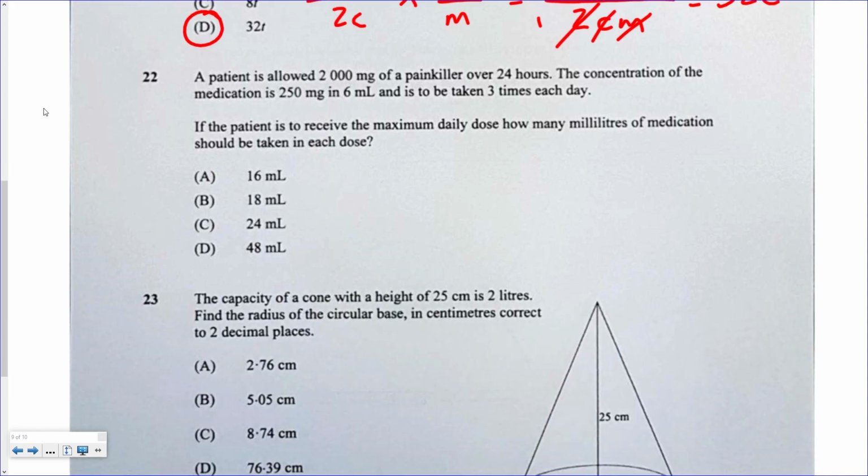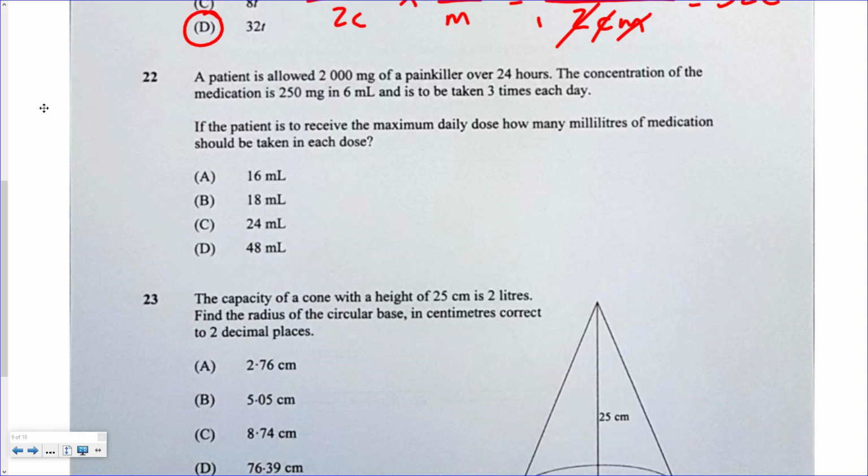Going to question 22. This is actually quite a tricky one. We're told that a patient is allowed to have 2,000 milligrams over a 24-hour period. The concentration of the medication is 250 milligrams per 6 mL, and it needs to be taken 3 times a day. So right now, they're not getting the most that they can. If the patient is to receive the maximum daily dose, how many milliliters of medication should be taken in